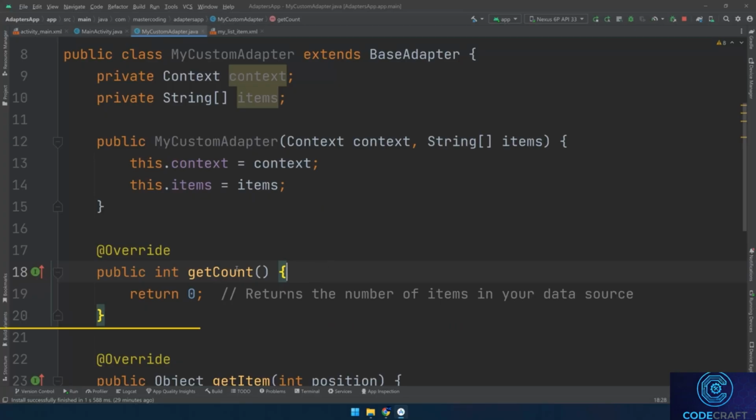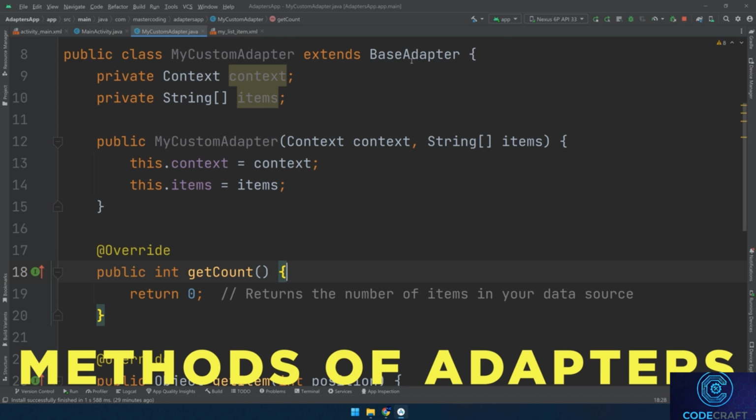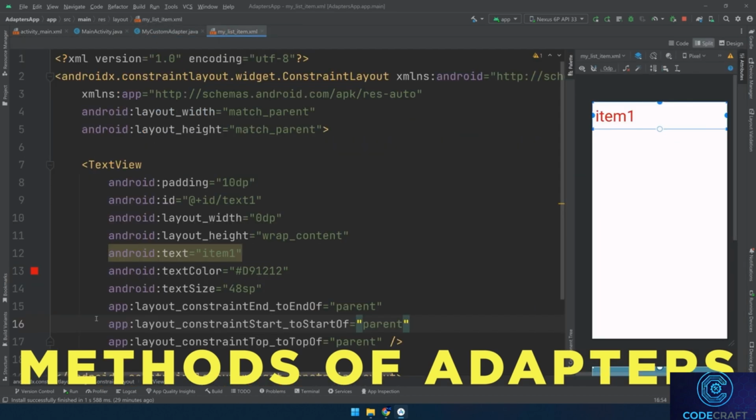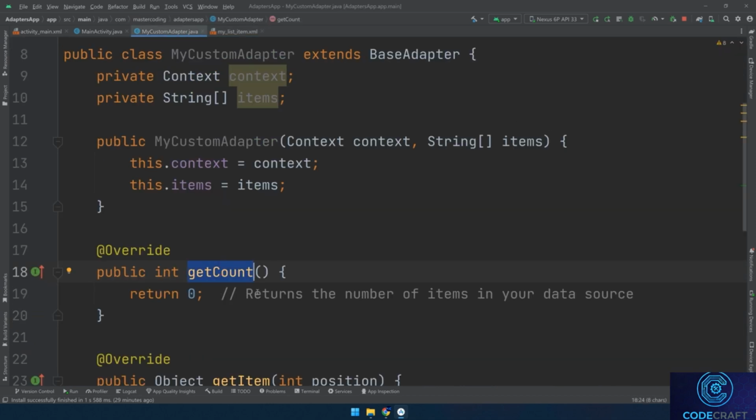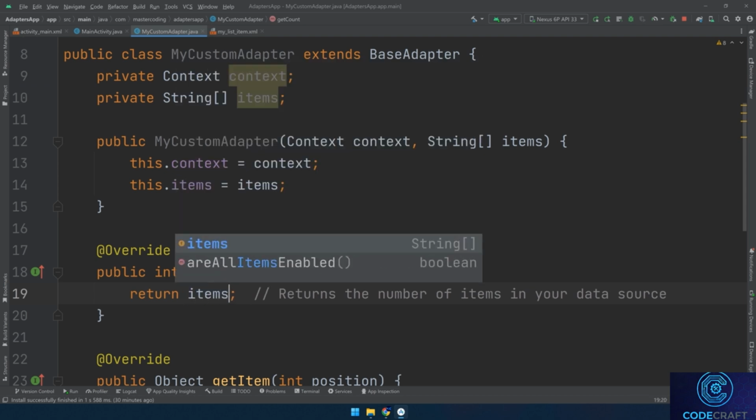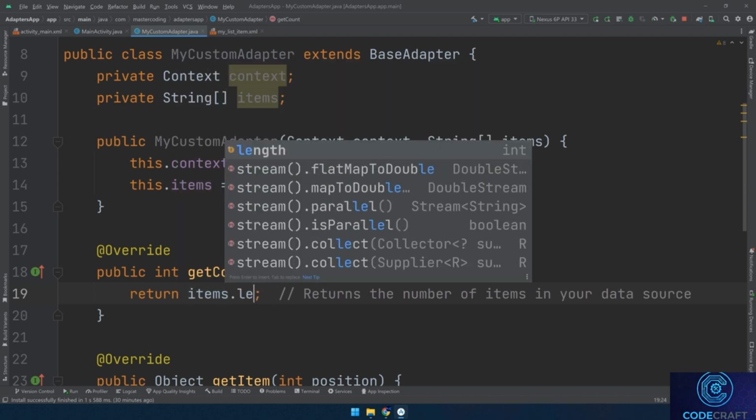Let's continue with the methods of my custom adapter that extends the base adapter. And remember, we are creating this adapter to display our customized list items. getCount. This method returns the number of items in your data source. It tells the adapter how many items it should create views for. In our example, we are passing the data source as a string array. So we need to get the length of this data source using items, which is the data source, and .length